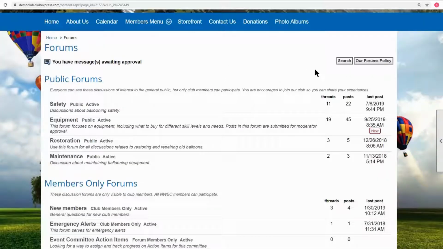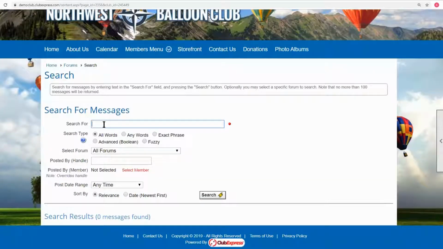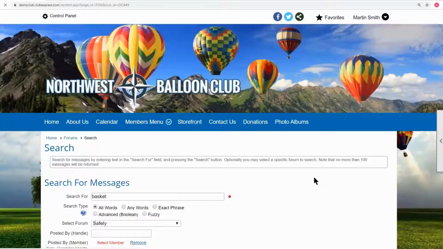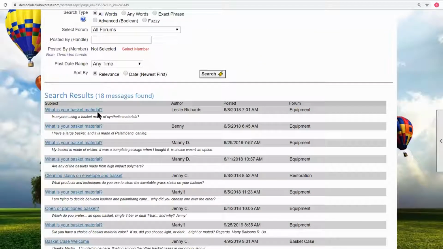If I want to search the forum, if I click on search, I can search, say, for the word basket. And when I click on search, it finds all threads that have basket in the title or in the text. And I can click on any one of them to go to the discussion.